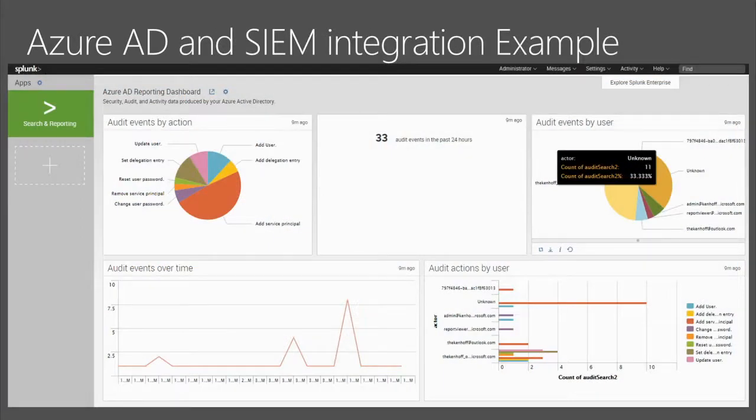What is this all good for? Well, with this, you can integrate Azure AD reporting data into any of your existing tools. And here we have an example of Azure AD audit report data integrated with Splunk. And so whatever existing tool you use on premises or in the cloud, you can very easily pull your directory activity, your security information into that tool and add it to your analysis, trigger existing workflow systems off of it, et cetera, et cetera. That's it. Questions?